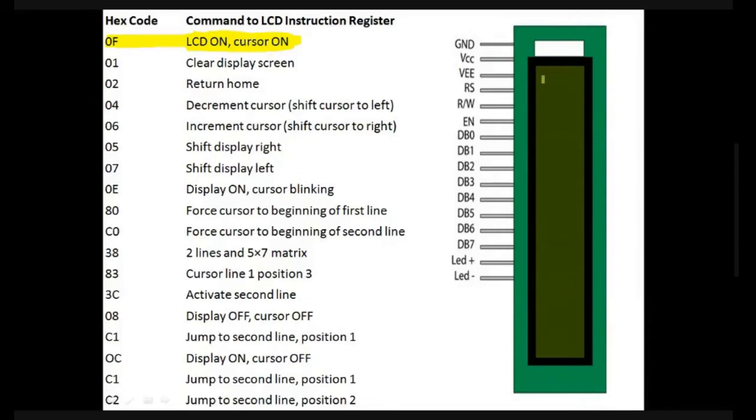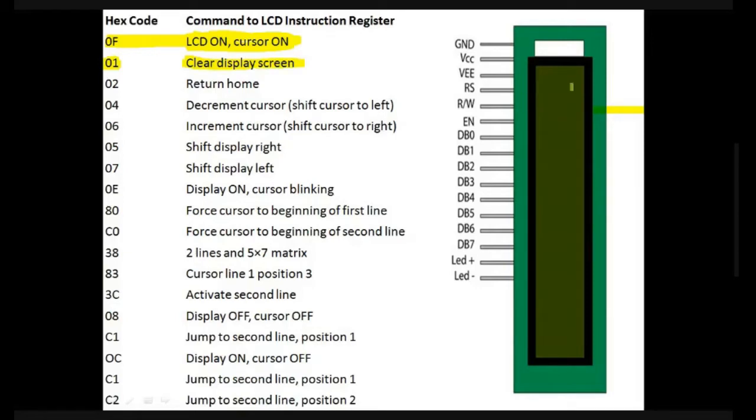Here you can see the cursor, that cursor is turned on. If we define 01, that means whatever ASCII value is present on the LCD is cleared, it is defined to clear the display screen.